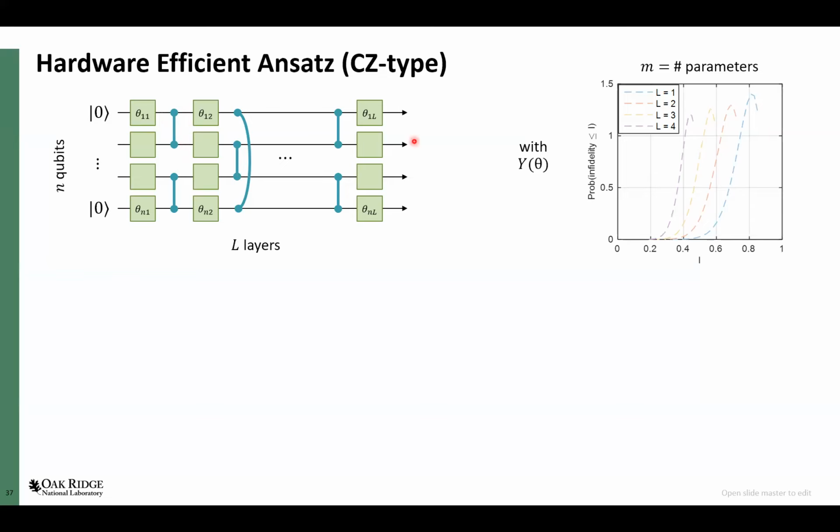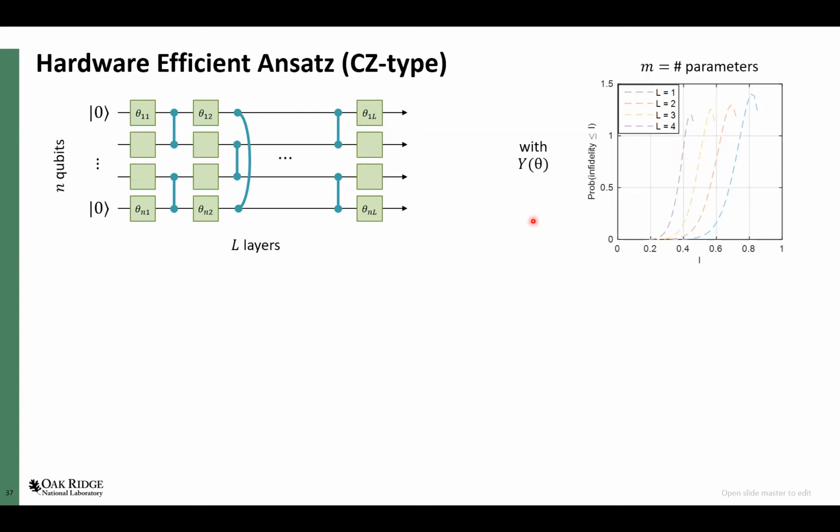For this first study, we took all these single qubit rotations to just be Y rotations. And I plotted the expressiveness in a naive way, where I was taking the dimensionality of the subspace to be the number of parameters. Initially it looked like, aha, as we increase the number of layers, these curves are moving to lower and lower infidelities. That means more and more of the states were able to be approximated to small infidelity. So it looked like, as we increase the depth of the circuit, it's getting more and more expressive. But it turns out this was misleading.